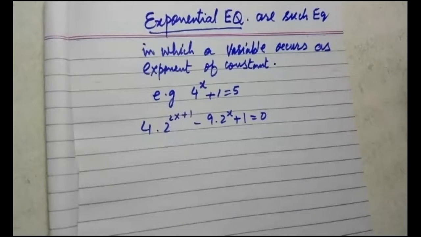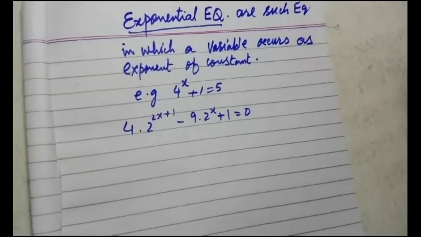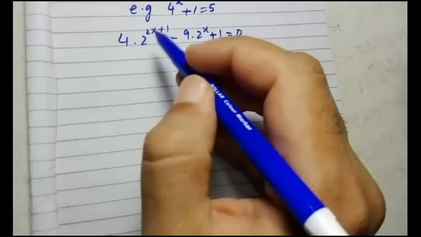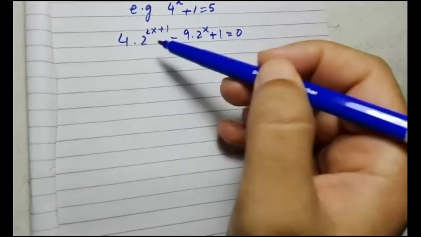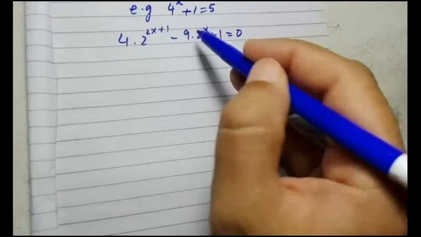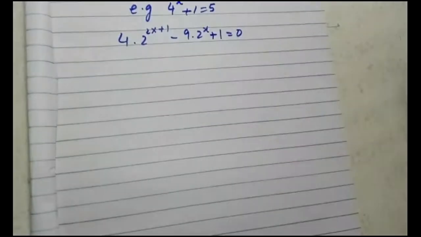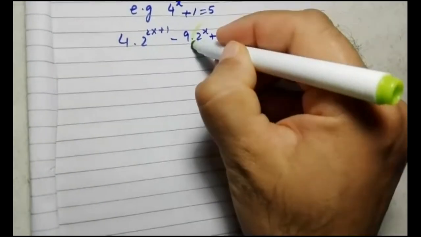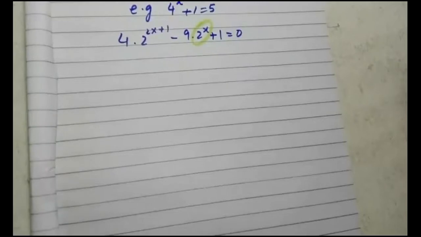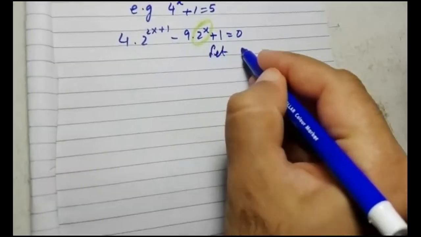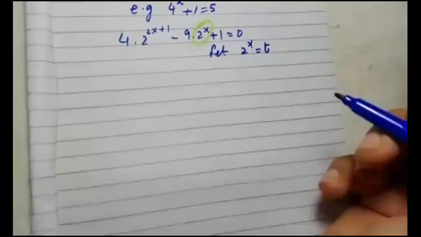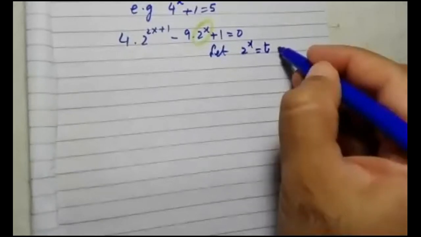Okay, the exponential equation is like this one. How to solve these types of exponential equations? 5 minutes have already been wasted. So what is the procedure for the solution of these equations? Whenever you see it, you will always assume or take the substitution for the middle term, not from the beginning or the first part. So you will assume, let 2 raised to power x equal some variable t or y or any other letter. Label it as equation number 1.